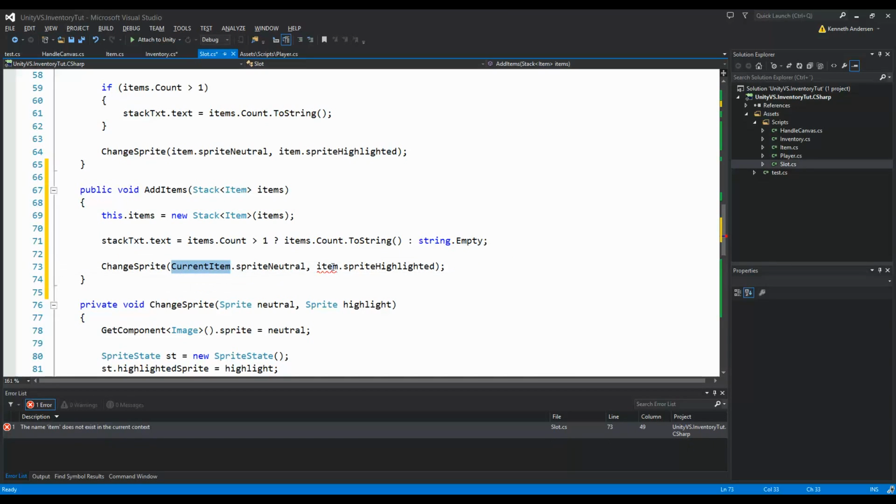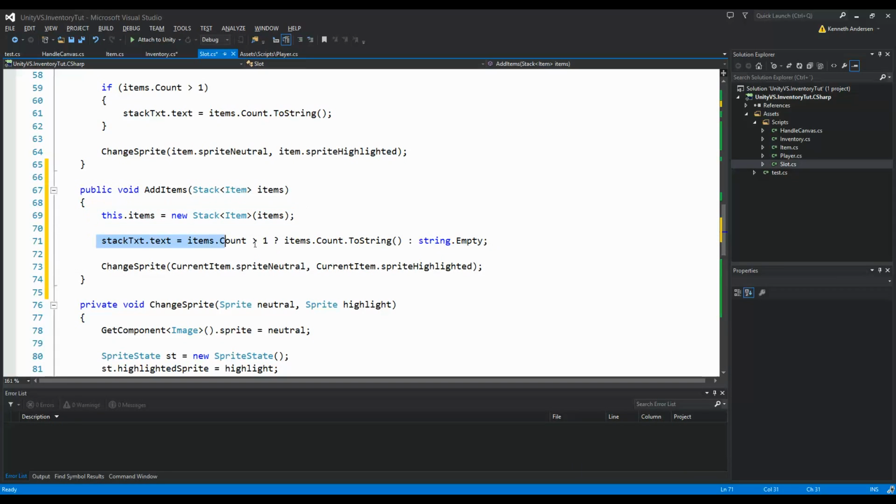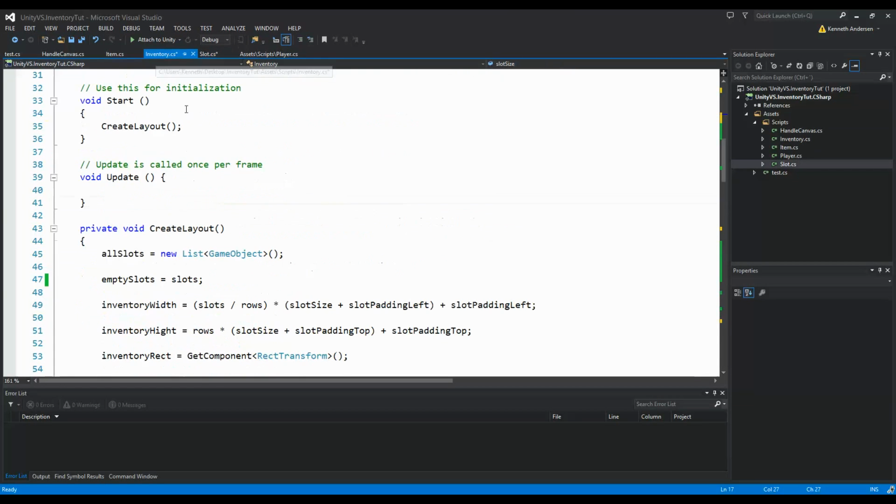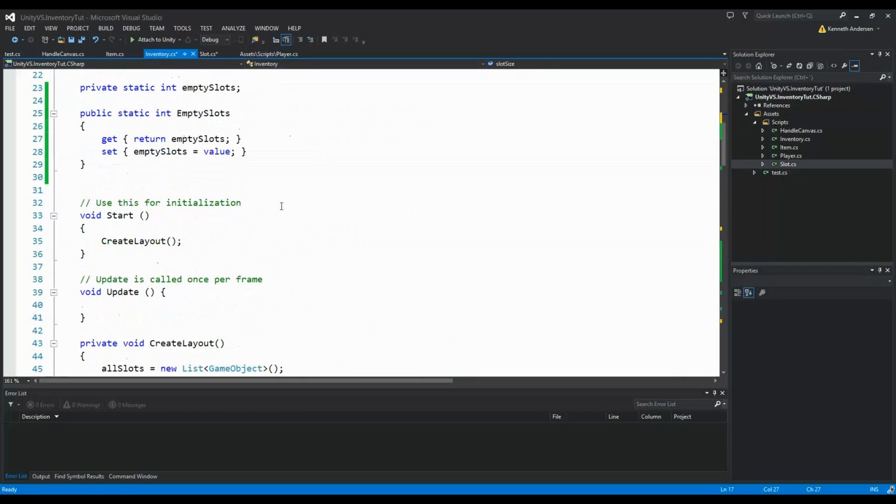I think that's what it's called, yes. So here we replace the stack, here we write the correct text, and here we place the correct icon. Let's say we just place the stack of health potions on an item. Well, then this function is gonna take the correct sprite and place it on the slot so that it looks like a health potion. So when we've done that, we can actually jump into our inventory script,